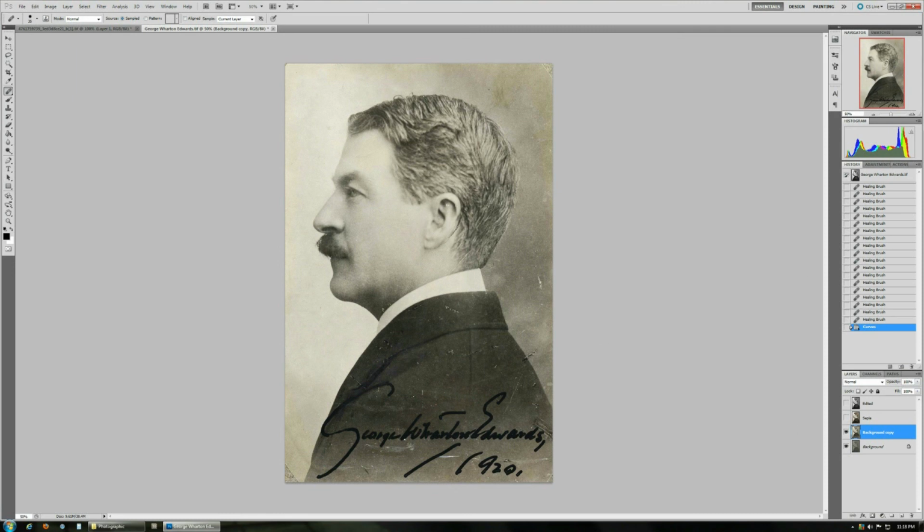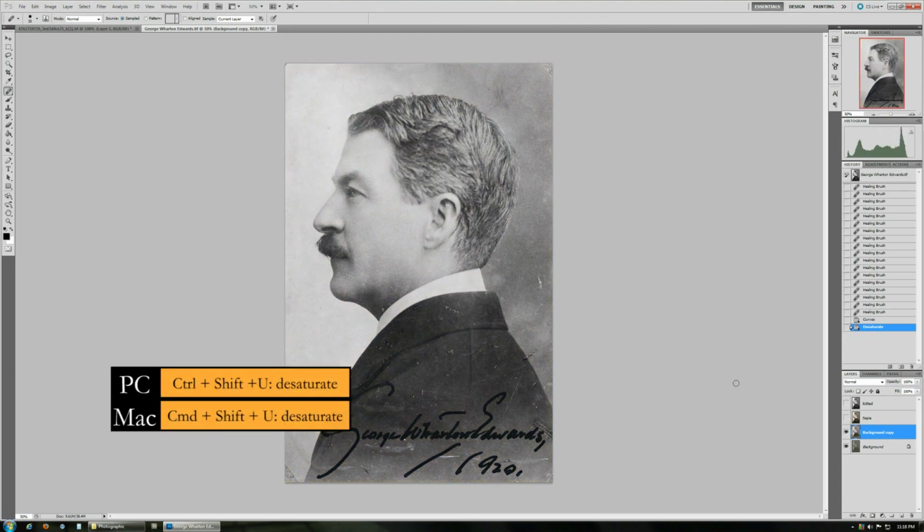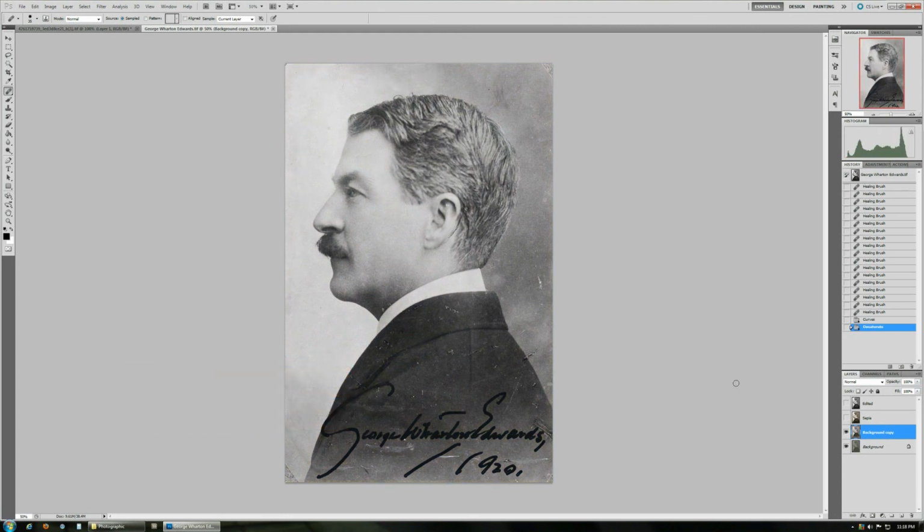One thing you can do to get rid of the discoloration or the changes in color that shouldn't be there is you can start by desaturating it and then applying a color tone to the image, which will be monochromatic across the entire image instead of having these discoloration spots. You don't have to do that. If you like the discoloration look that it has, then by all means you can leave it, and that's that. So what I like to do is I hit Control Shift U or Command Option U on a Mac,